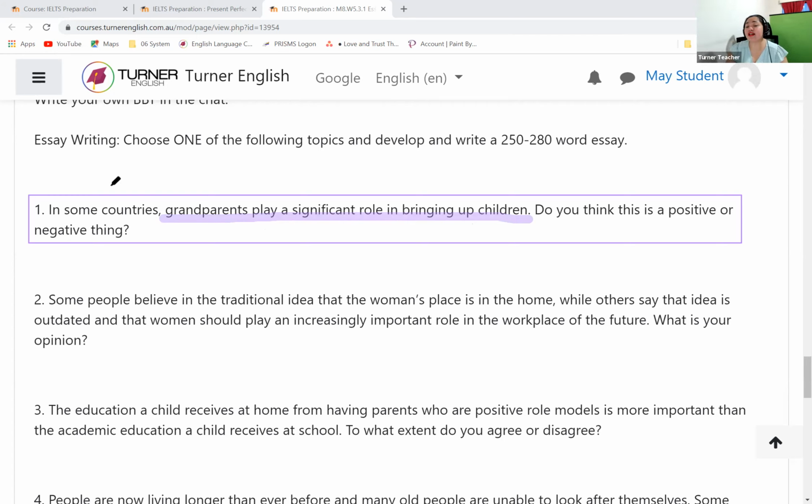So the first thing that we want to do is understand that grandparents play a significant role in bringing up children. Very important for the kids. So here, if we're going to use this in our background statement,